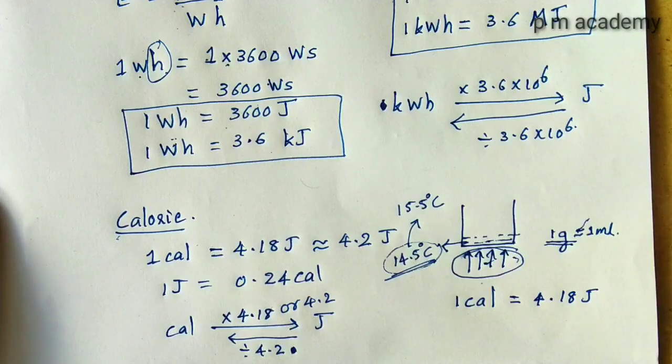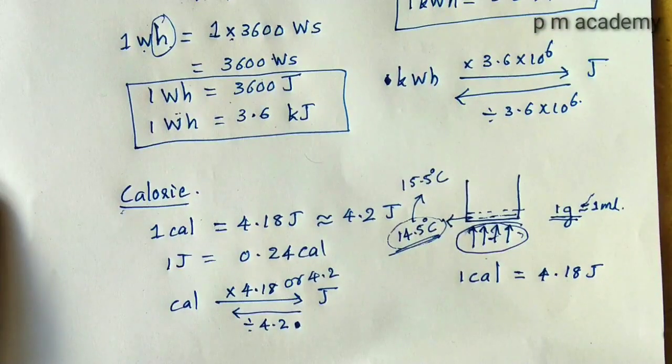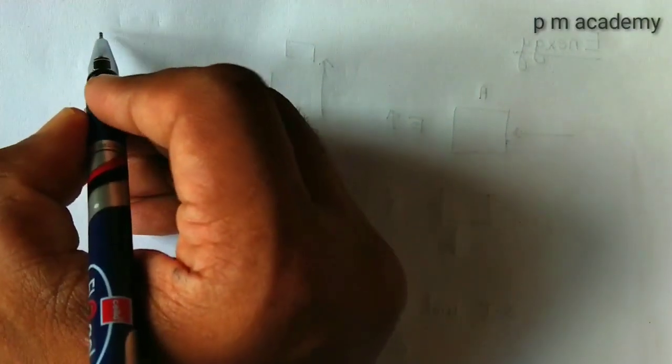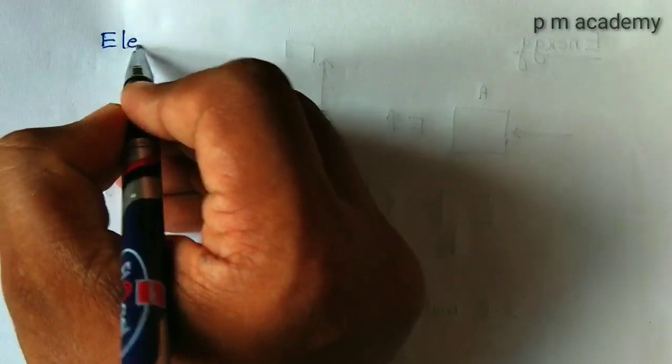Then finally you have to study one more unit of energy. We need another unit of energy for measuring energy stored in atoms, molecules, etc. That is in atomic scale, for studying atomic physics. We need to measure the energy of an electron, the total energy stored in an atom. Therefore, we need a very small unit of energy to measure the energy stored in atoms or atomic particles like electrons and protons. That unit of energy is known as